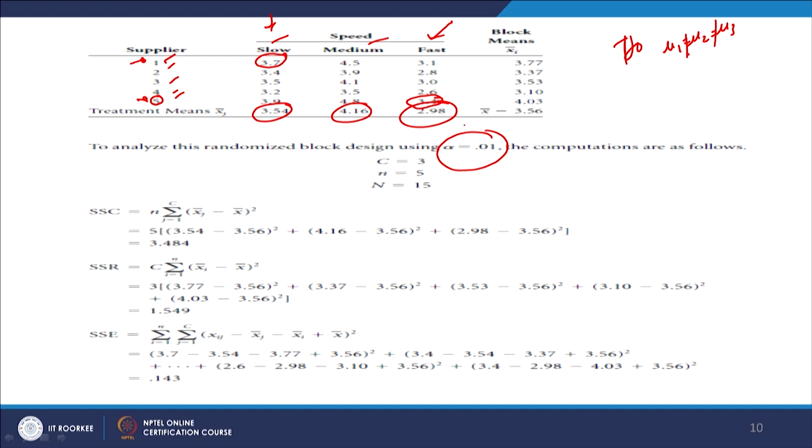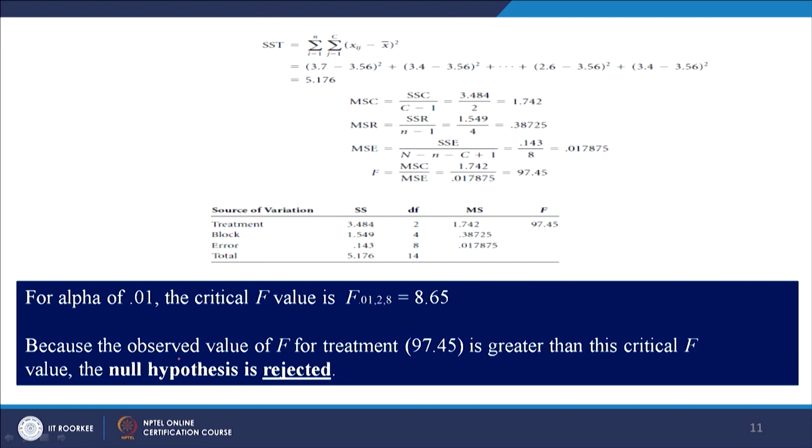So, we know that there are 3 groups, these 3 levels, there are 5 suppliers and total 15 observations. So, you need to calculate column sum of squares, row sum of squares and error sum of squares. So, if we know all these 3, we can calculate total sum of square, right, which is this